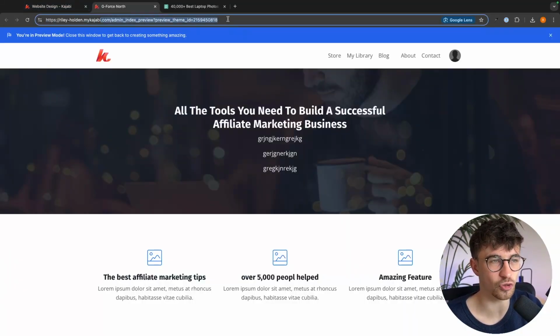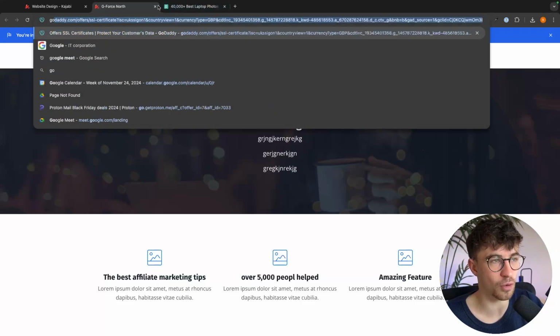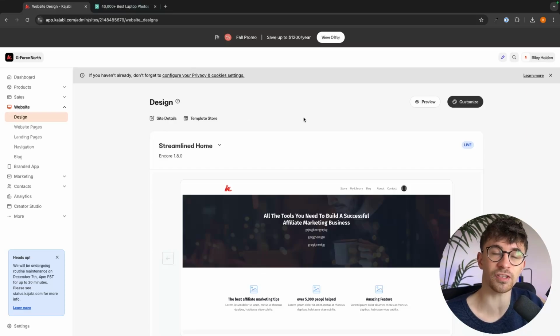rileyholden.mykajabi.com. This isn't super professional. What I might want to have is something like geforcenorth.com or something along those lines. This is a lot better. So to do this, what we need to do is just go to Kajabi, go to settings in this bottom